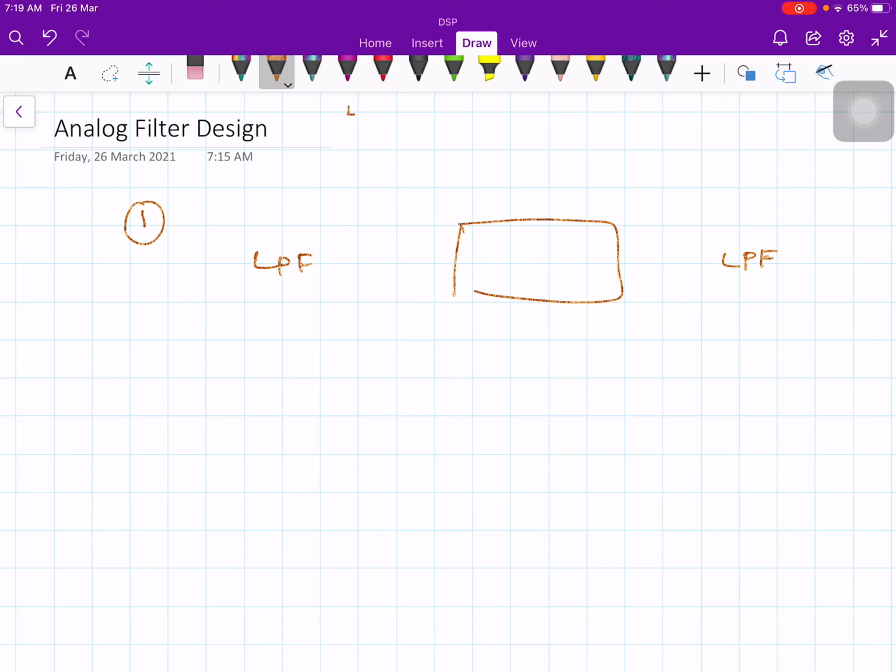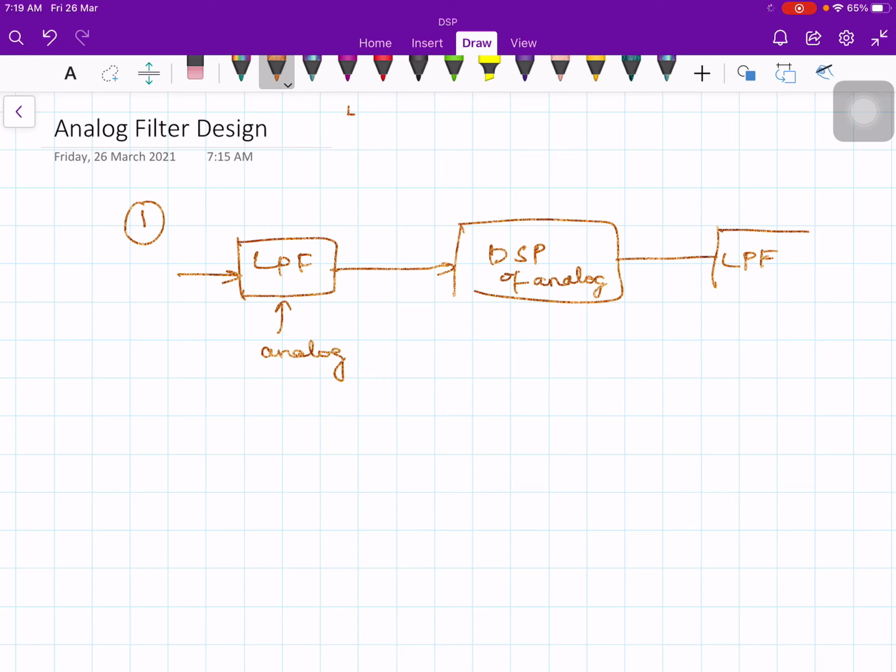In between we have digital signal processing of analog signals. So in the front end we need a low pass filter, and this low pass filter is an analog low pass filter. Similarly, once you do the processing at the receiving end, we again need an analog low pass